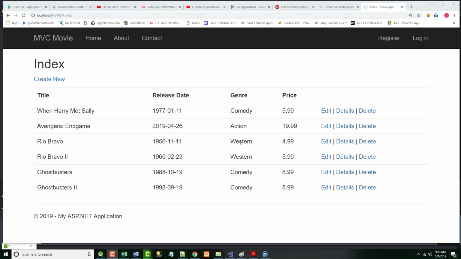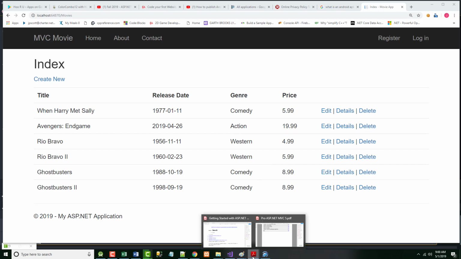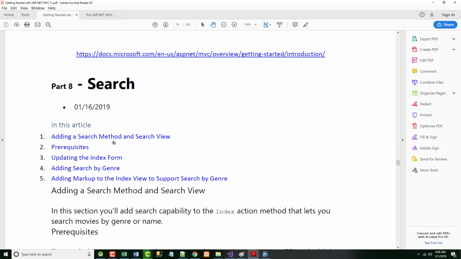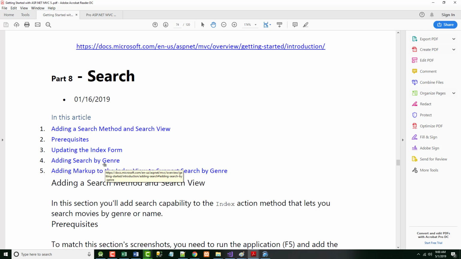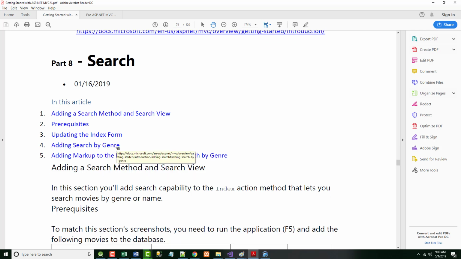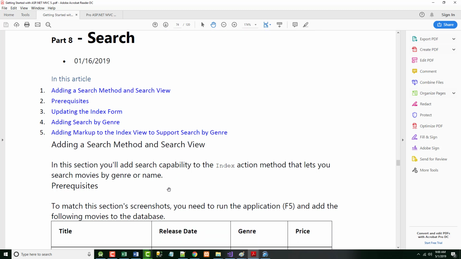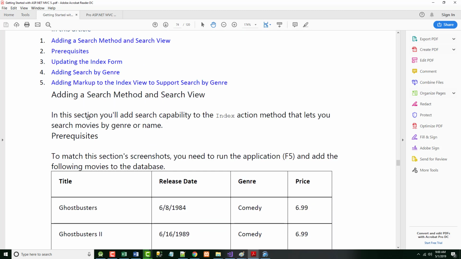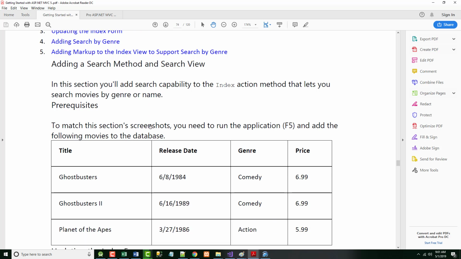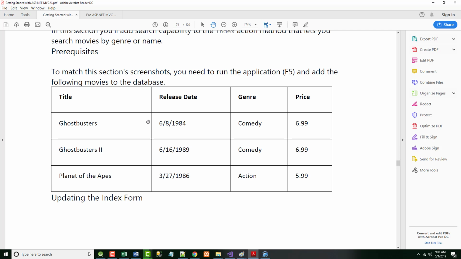What we're supposed to do in the next part of this is to provide a search feature so people can search in different ways. They can search by genre, and they'll be able to just do a regular search. And if you don't know what I mean, you will when we get done. So it says there, in this section, we'll add a search capability to the index method that allows you to search by genre or by name. So if you notice here,